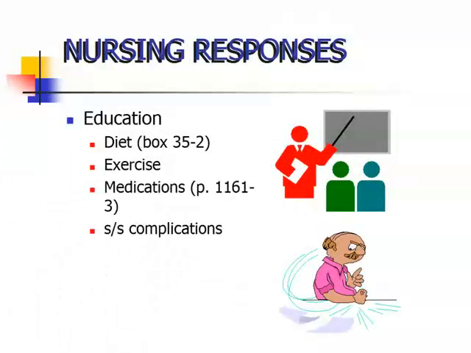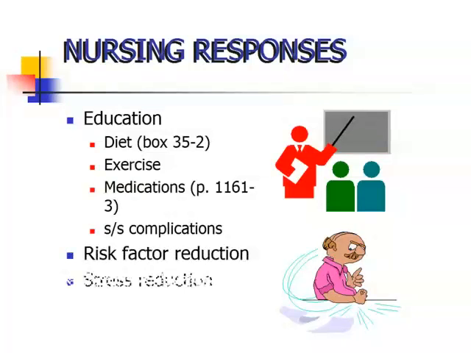Diet and exercise modifications. Make sure the patient knows to look for signs and symptoms of complications that we touched on earlier, such as vision changes, headaches, dizziness, weakness, things like that. Making sure the patient maybe needs to be involved in stress reduction types of behavior modification classes or counseling, that type of a thing. And making sure that that patient is following up with care for frequent blood pressure checks,